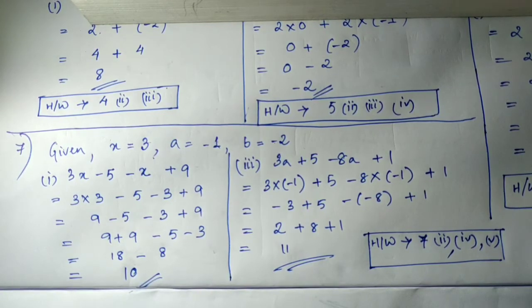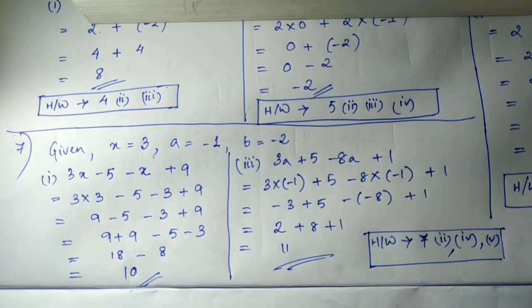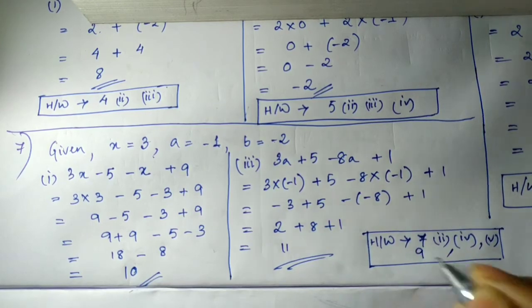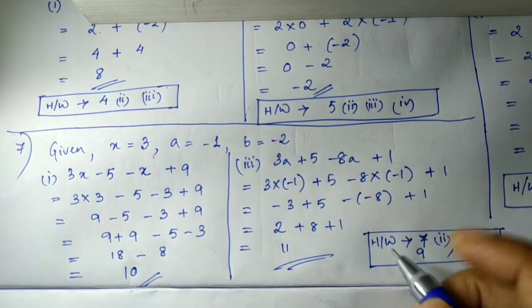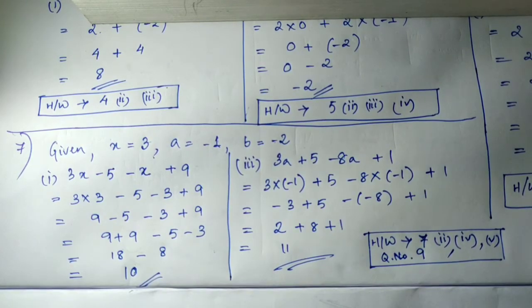It's given: what should be the value of 2x square plus x minus a equals 5? Okay, that's the expression when x is equal to 0. So you just have to simplify and put the value of x as 0 and find the solution. That will be very easy for all of you. So question number 9 will also be your homework. I'll just write down here, question number 9 also as your homework. And then I'll show you question number 10 now.